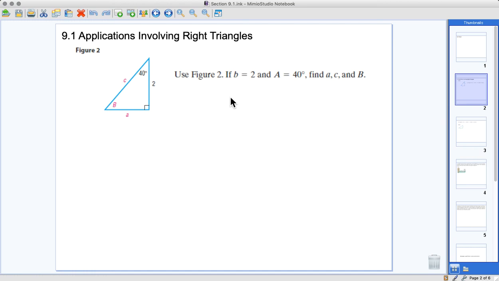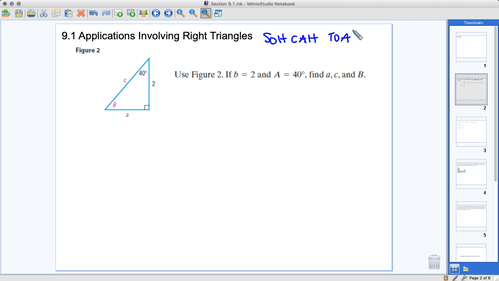Okay, so we're going to move into chapter 9. Chapter 9 is going to be a lot of review for you, maybe just a little bit more in depth, different types of questions, but it's all stuff you've done. So the first thing we're going to do is right triangles. We talked about this earlier this semester, and you guys all know